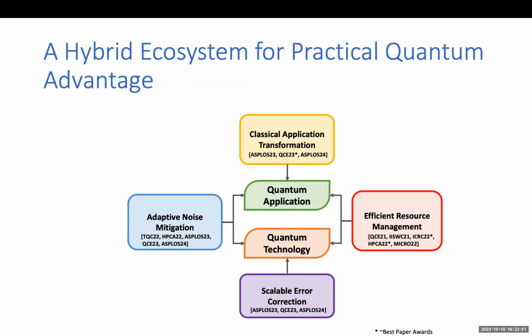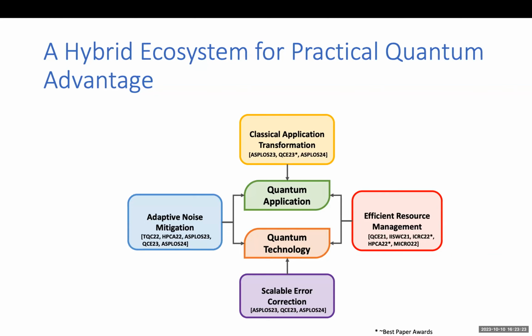Another area is adaptive noise mitigation. Noise mitigation is any technique which reduces the effect of noise on qubits. Now, physicists have come up with amazing methods to reduce noise in qubits, but usually these are focused on a single qubit or maybe the interaction between a pair of qubits. These techniques have limited capability to scale to hundreds of qubits today or thousands or millions of qubits in the future. So I've been building techniques, either domain specific or general, which can dynamically adapt to the needs of applications and quantum devices.